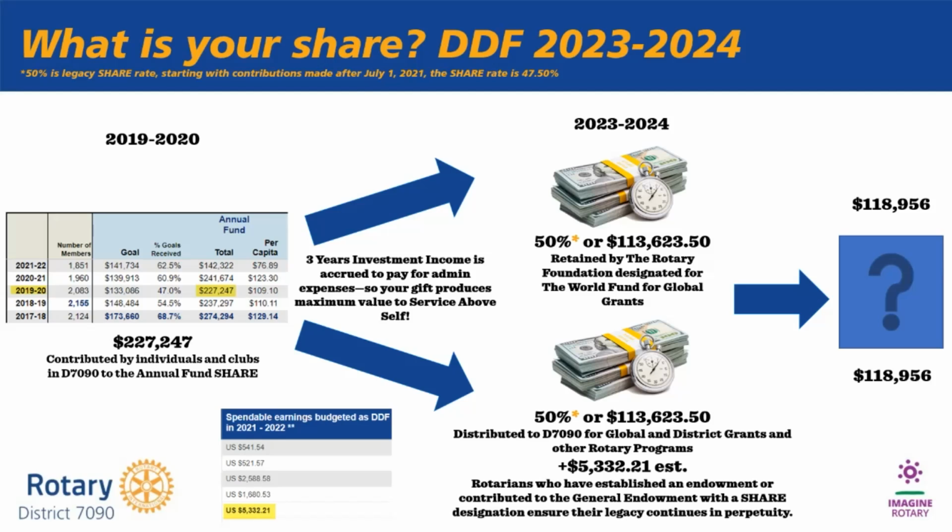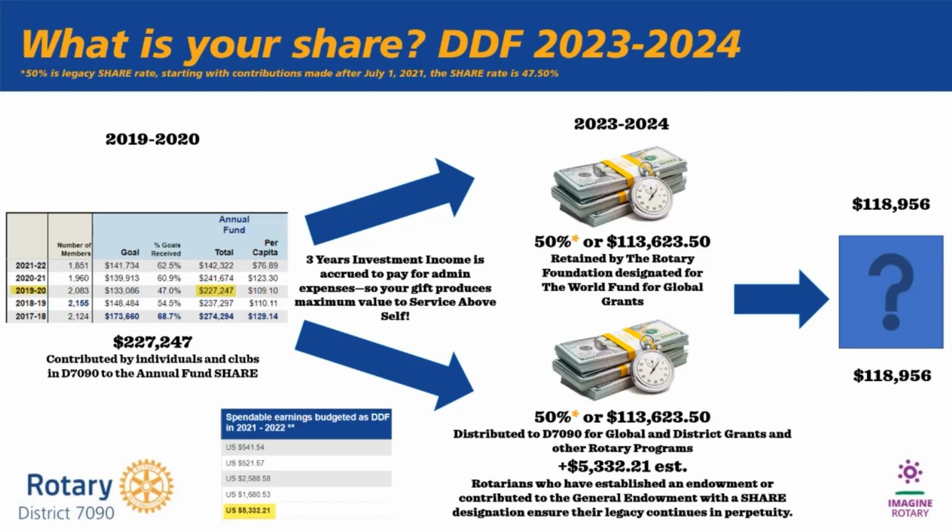That's been sitting and investing for 3 years, and all that investment helps pay for admin expenses. 50% of that, and it's not 47.5 because we had old rules a couple years ago, 50% will go to the World Fund, or $113,000, and 50% comes back to our district to be used for our Rotary programming. In addition to that, we have several Rotarians who have left endowment funds, and any investments in dividends and income that's been made on that, which is approximately $5,000 a year, also comes back to the district